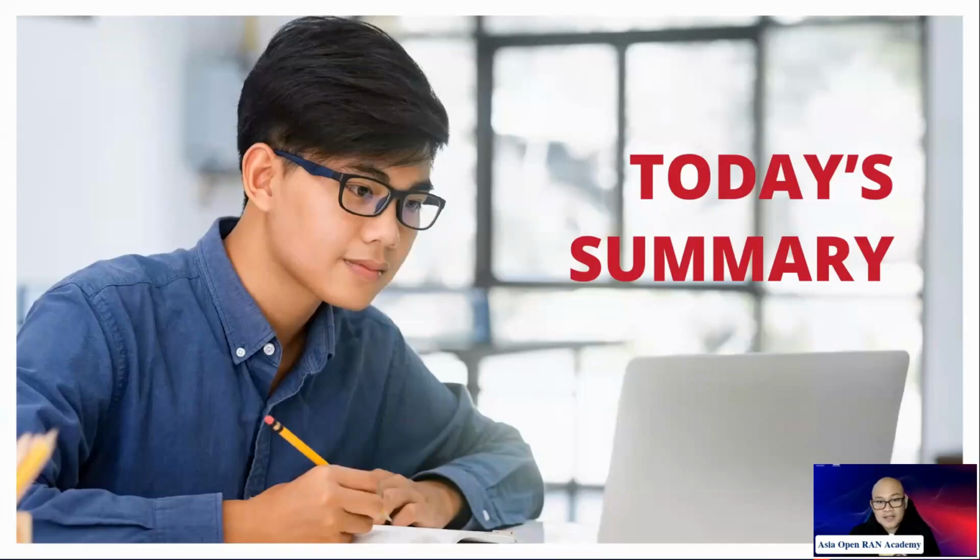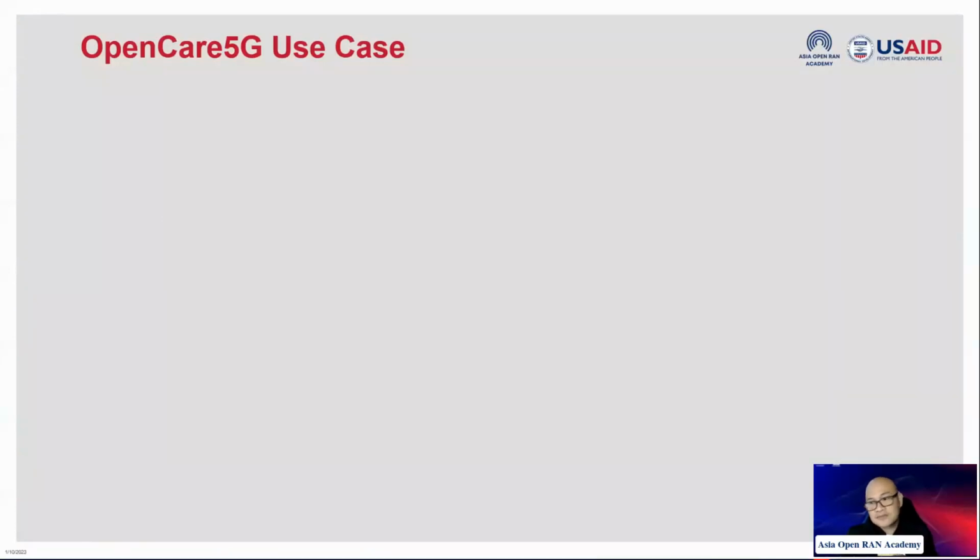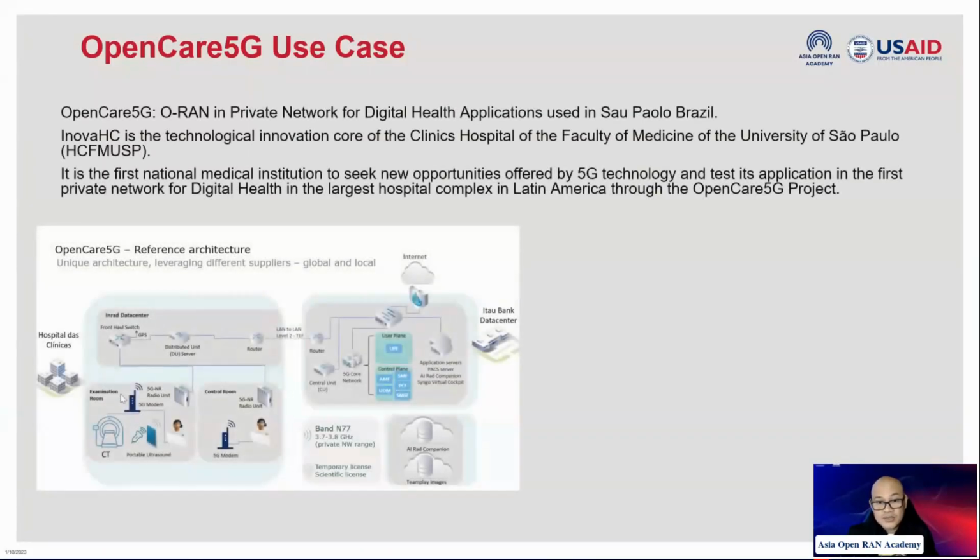Now let's take a look at one good example that we have encountered in one of our discussions with the people in Sao Paulo, Brazil. This is an application of an Open RAN 5G use case. If you were able to join us last time in one of the PAL sessions, we showed this slide before. So digital health uses information and communication technology, or ICT resources, to produce, provide, and make available reliable information about the health conditions of the patients. In the Philippines, we're also doing this.